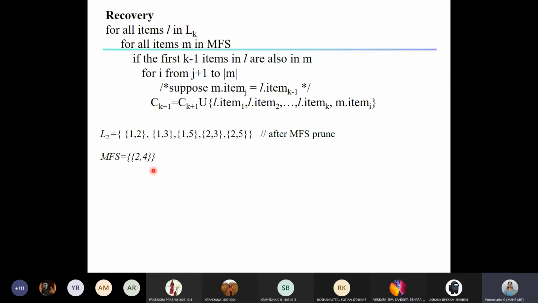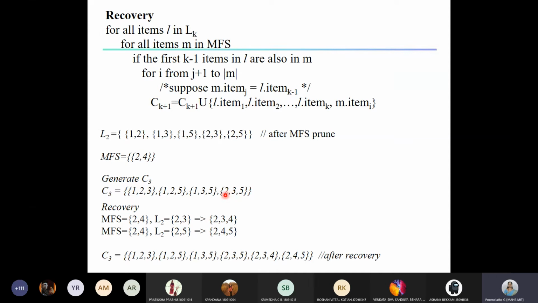So now we have removed this, so we are going to miss out the candidates {2, 3, 4} and {2, 4, 5}. Okay, as I told you, we are generating C3 from this. So we get {1, 2, 3}, {1, 2, 5}, {1, 3, 5} and {2, 3, 5}, right? Without calling the recovery function, from this L2 I'm getting this C3.